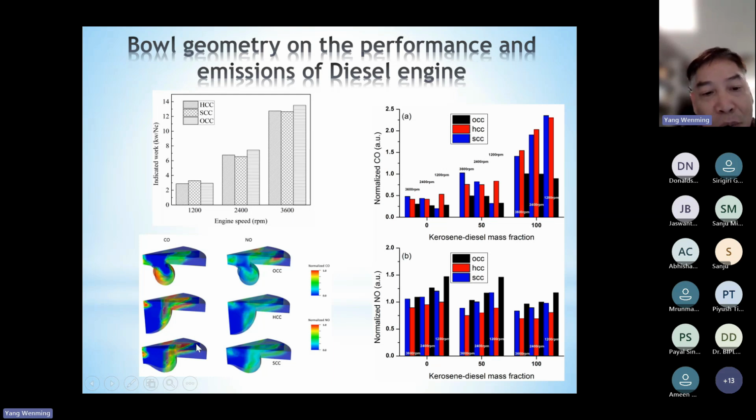At lower engine speed conditions, turbulence is not so important, because at lower engine speed the time for the combustion process is not enough, correct? So under these conditions, the turbulence is not so important anymore. Instead, because of this kind of design, the fuel can be easily spread to other positions, thereby improving the combustion